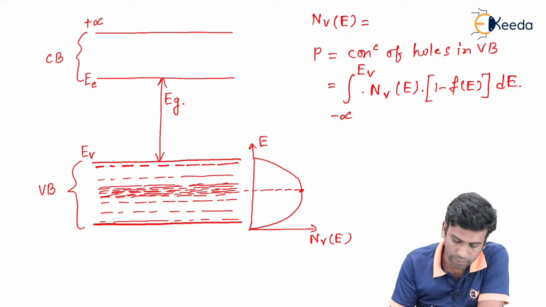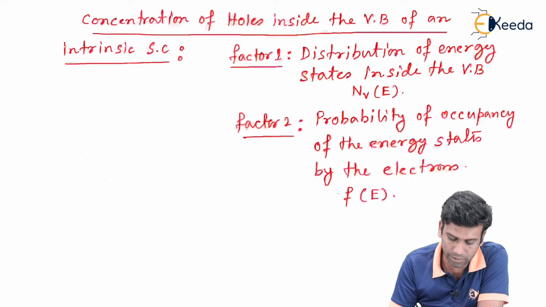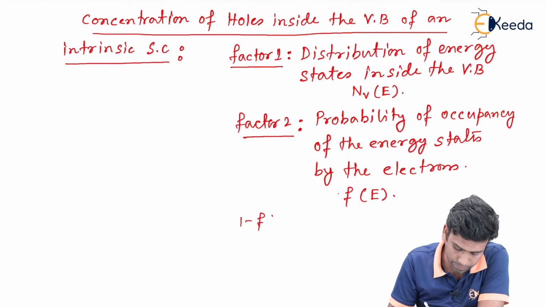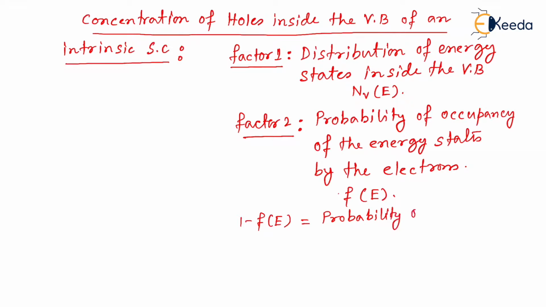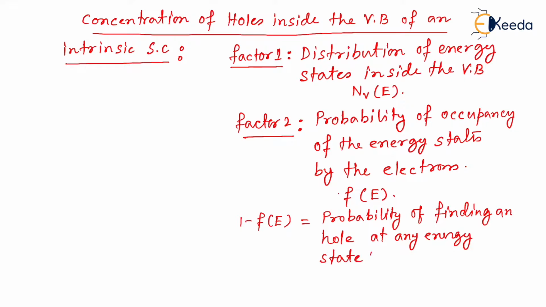Because what was F(E)? F(E) was the probability of occupancy of the energy states by an electron, and 1 minus F(E) is equal to the probability of finding a hole at any energy state E at some given temperature